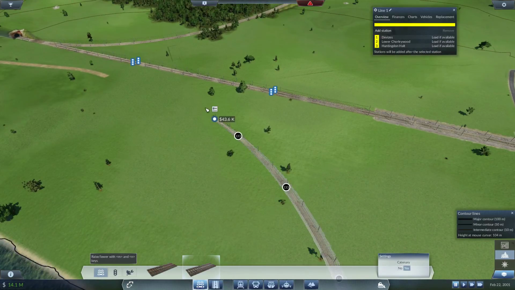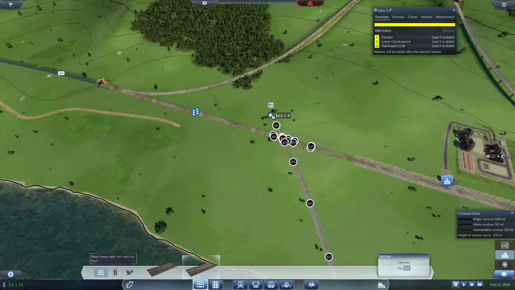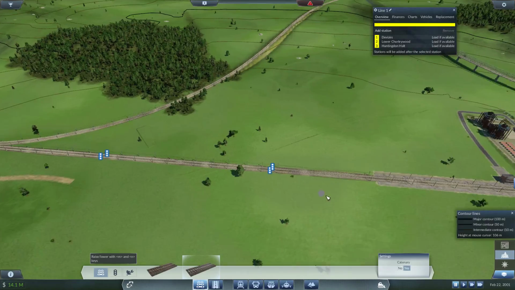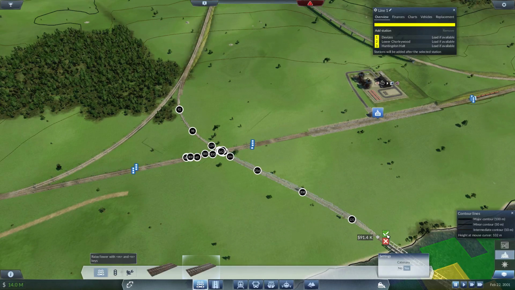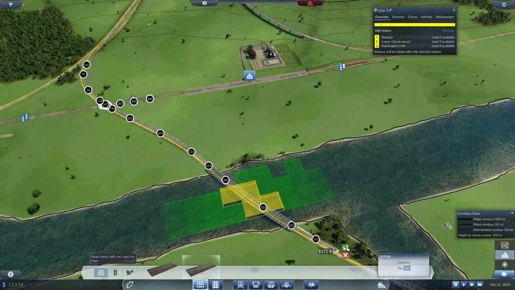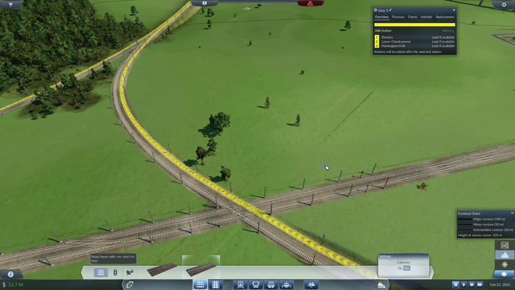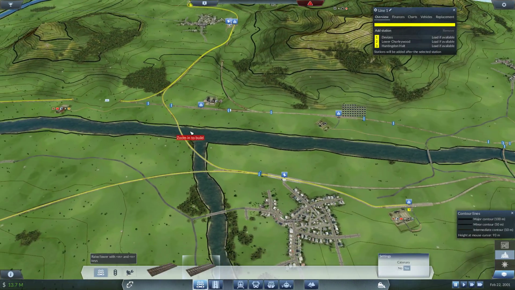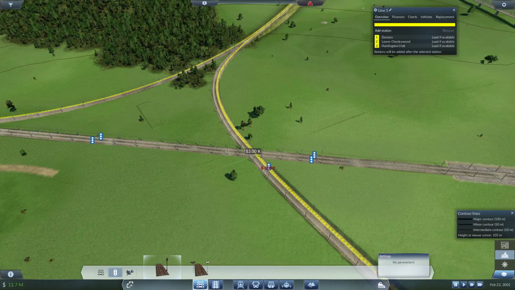I wonder if it's too far down though. Maybe. This freaking station is in the way. It's in the way. This would have to be a level crossing. So that's pretty bad. I don't think I have much of a choice. Well, there is always a choice, but